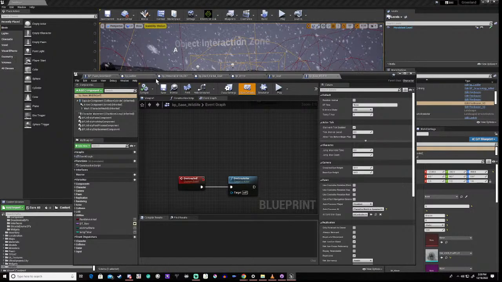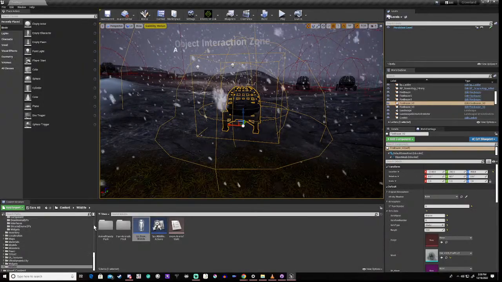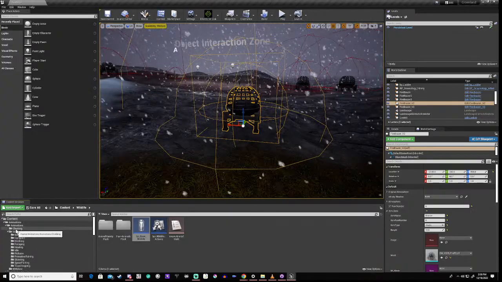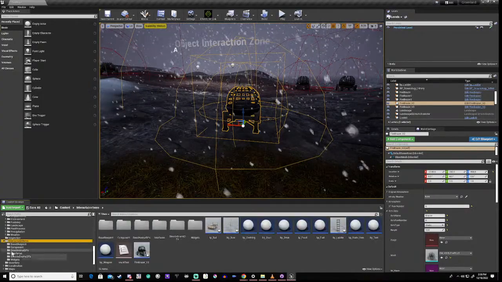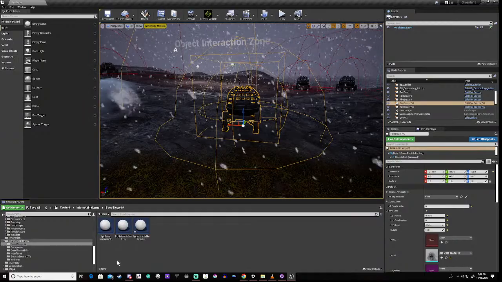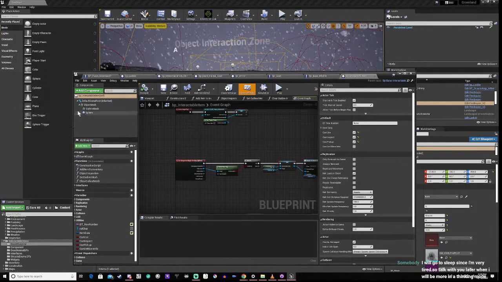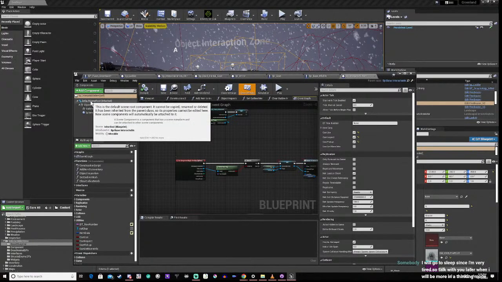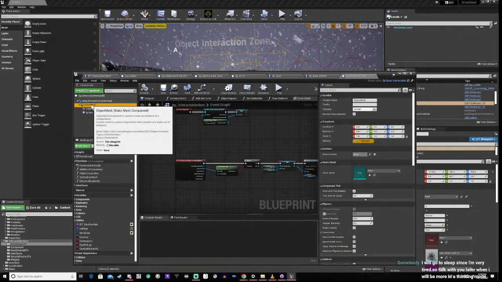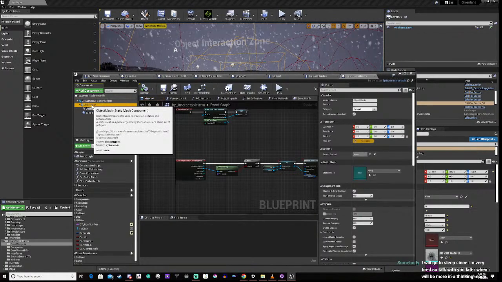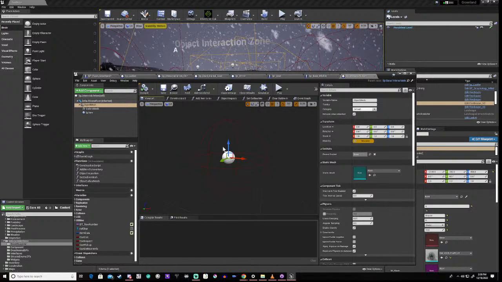So what I'm thinking is, if we look at our interactable items, and we go to the base blueprints and look at interactable item, what we could do is in here, and while we're doing this, actually,